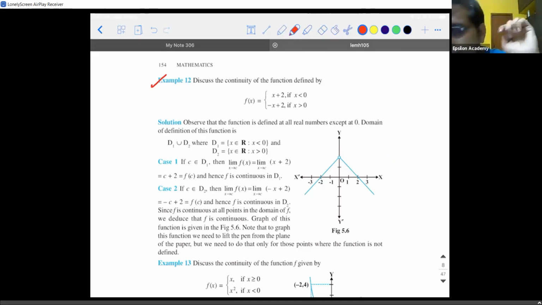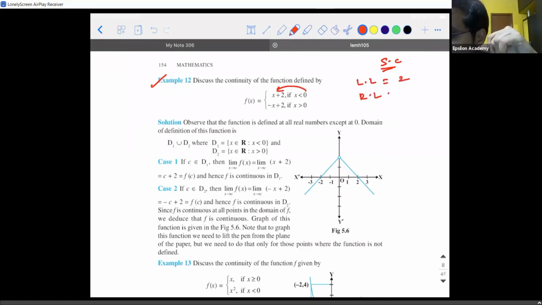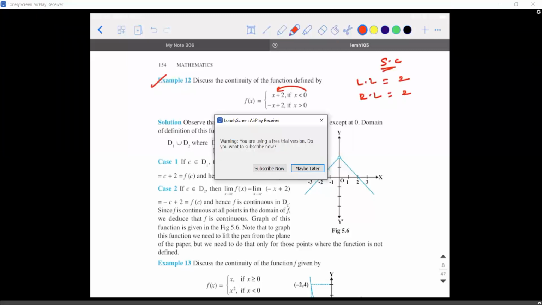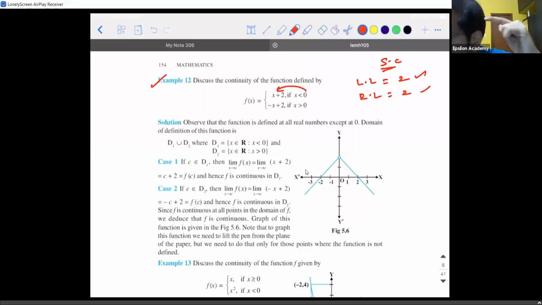So yesterday I taught you a shortcut, right? First do a rough work. Using the shortcut technique, tell me is it continuous or discontinuous? You can do it immediately. So treat this as equal to 0, substitute it here. What are you going to get? Left limit is 2. Right limit is how much? That is also 2. But what about function value? Not given. It will be undefined, right? Because you don't have any function value given, no? So left limit is equal to right limit, but it is not continuous.